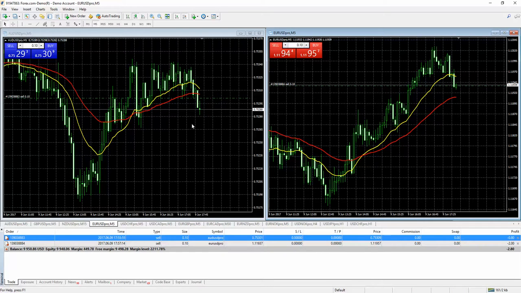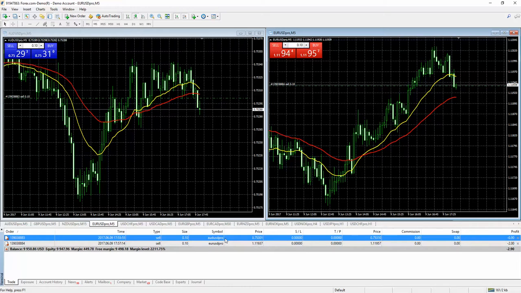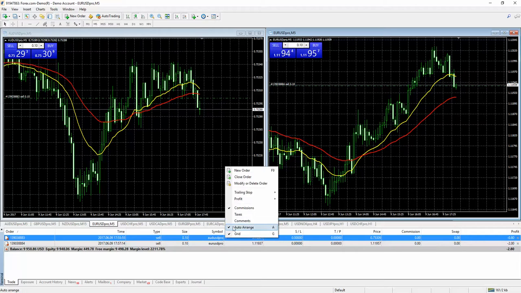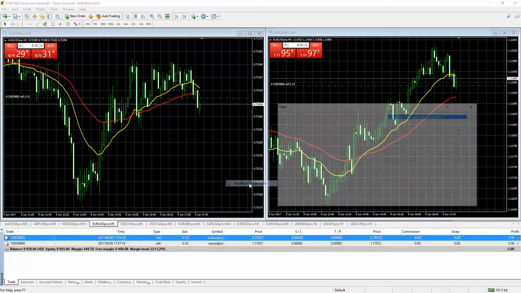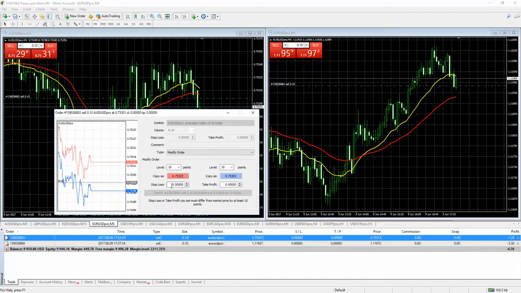But say if you want to set your stop loss or take profit, what you do is you go down to either one of your positions, but for this one we'll choose the Aussie. You right click it, modify or delete it. If you just want to close it because you're in profit or you're in a loss and you just don't want no more, you can click close and it takes it at whatever the market price is. But we're going to go ahead and click modify or delete, and this is where you can set your stop loss. So we're in a short position and we have it at 7530, but